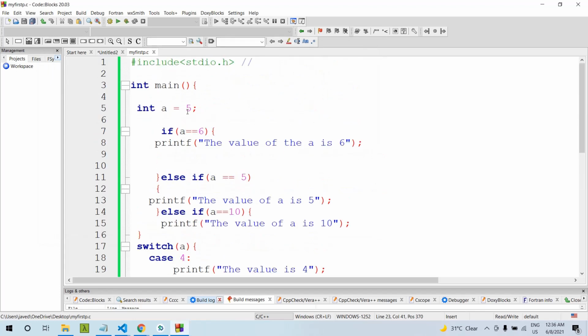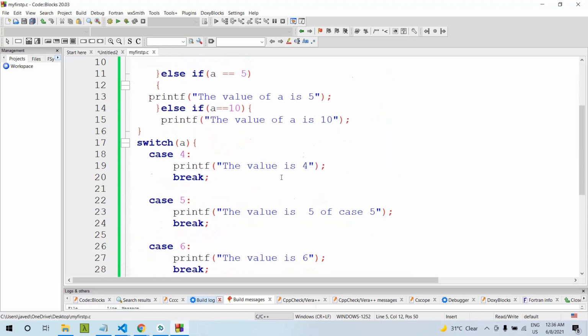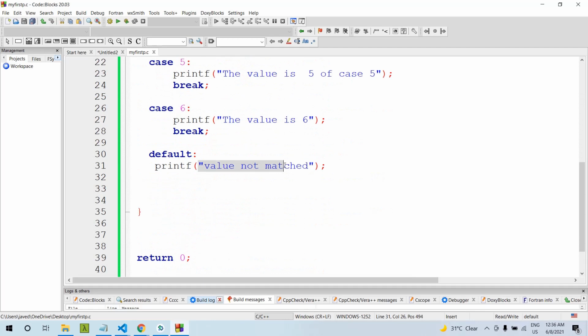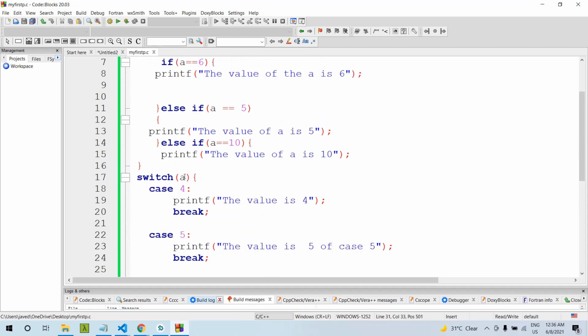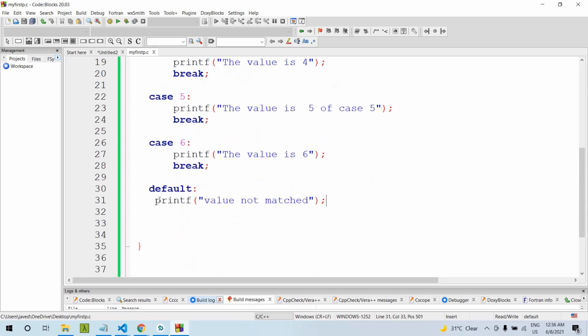Now let's store 10 here and print this as well. The value of a is 10. The value did not match any case, so the statement written in default is executed, because the value of a is now 10 and 10 is not matched with any case. So this is the switch statement.